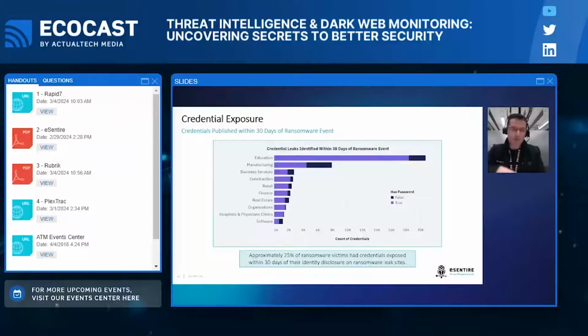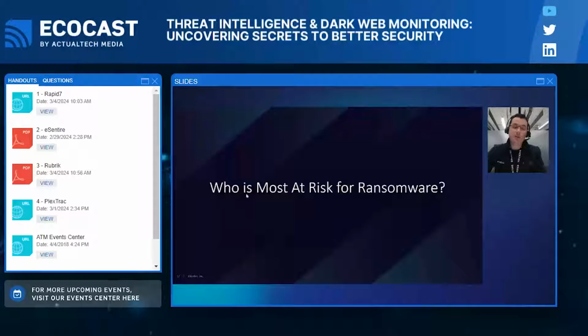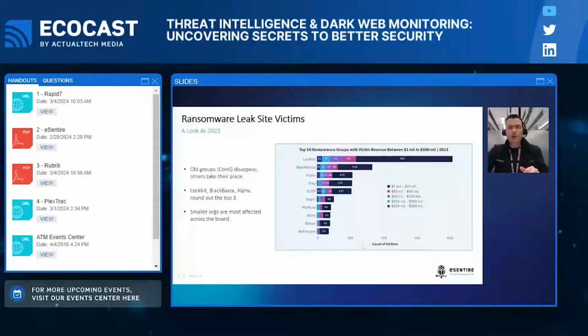Now, correlation is obviously not causation, but these credentials present opportunity for adversaries to gain access to email, messaging platforms, single sign-on portals, remote access services like VPN, and they all present an opportunity for gaining access into the network. Now, based on our research, who was most at risk? Like I said, it's really small to medium-sized businesses that make up the majority of publicly known ransomware victims in